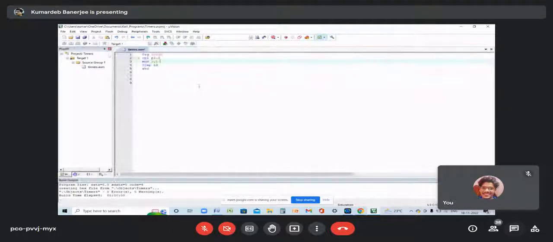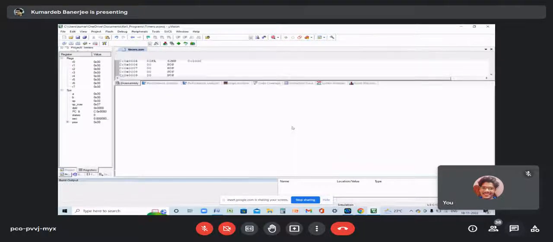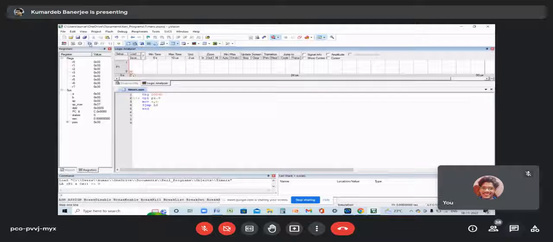We once again go back to the main mode. I compile it, recompile it. Okay. And once again I go back to the debug mode. Clear? Okay. So now if I run it, you see